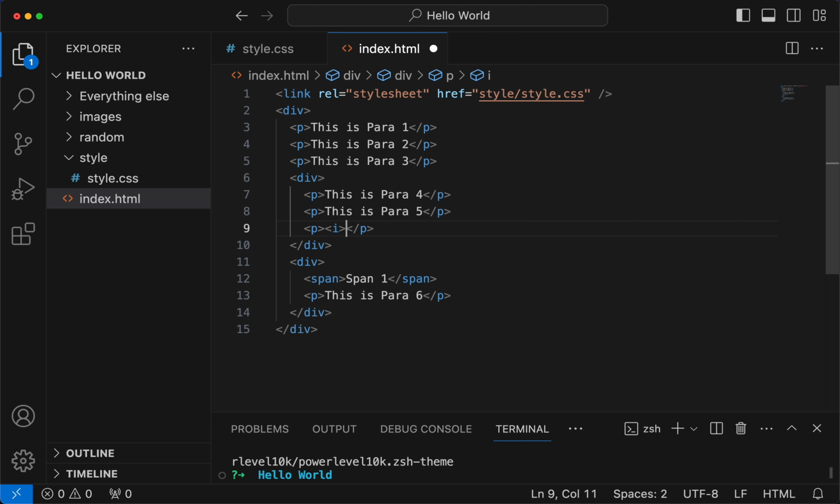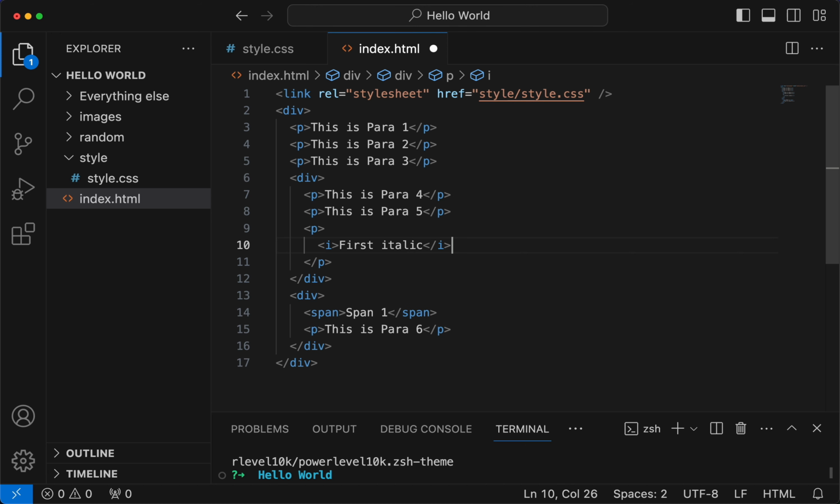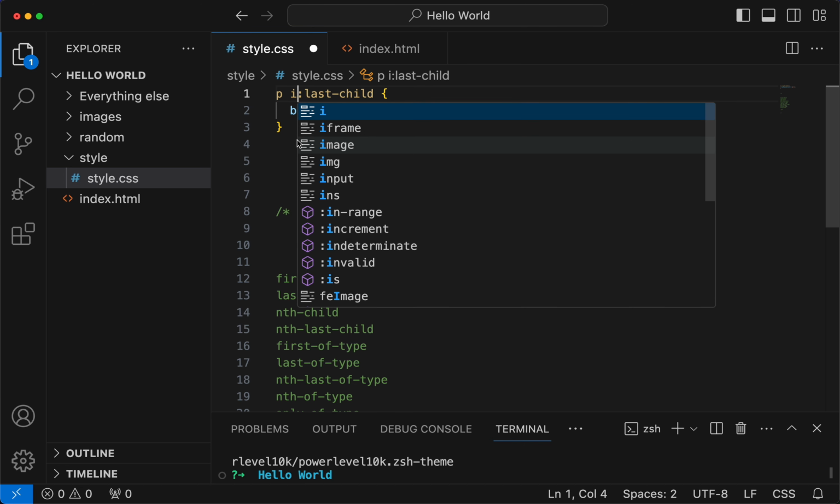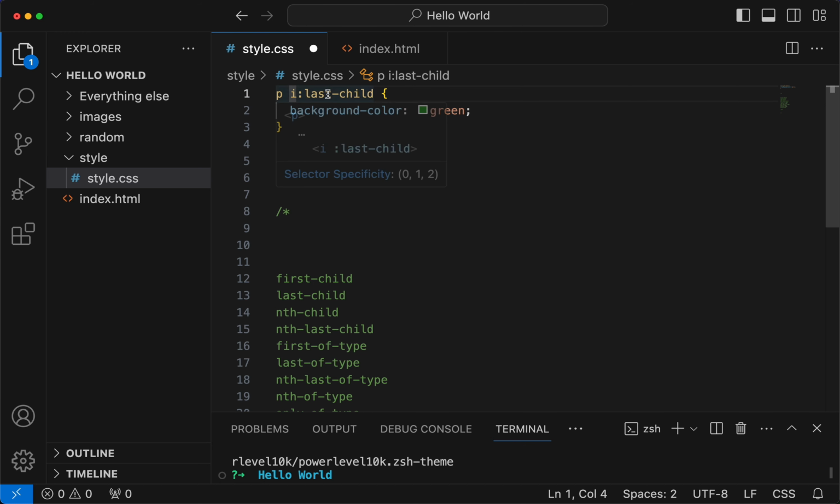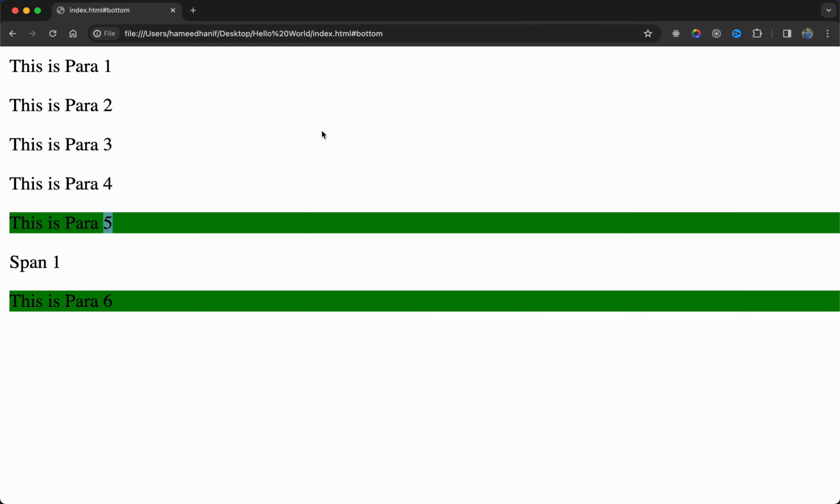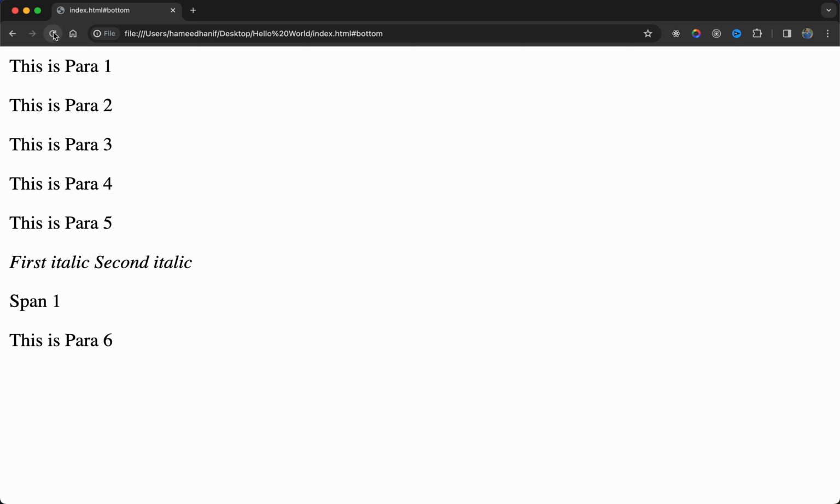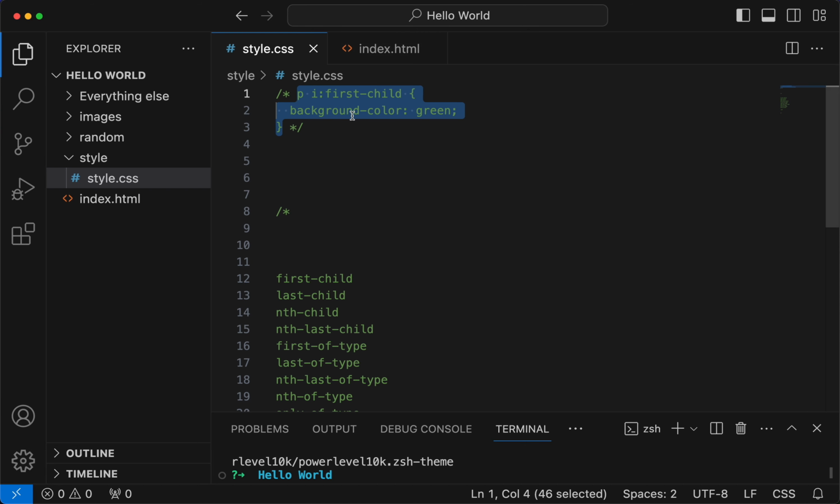You could use italic tags. I'm going to use some italic tags. First italic. Second italic. Within paragraph tags, if you find the italic tag, select the first italic tag. So let me disable this first so that you could see what's happening here. So you have first italic and second italic. But when you unhide the code,